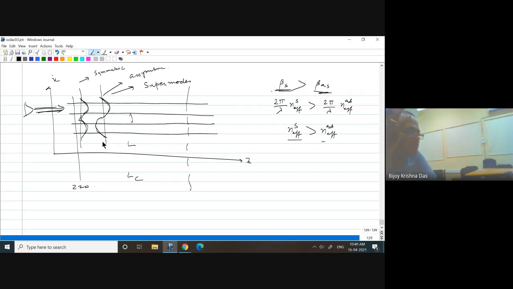So Parth is saying that we can try seeing where the two symmetric and asymmetric modes produce constructive interference. Whenever you are launching a mode like this, in this combination of waveguide structures, you have two modes. For example, take a single-mode waveguide. If you launch light from any source, it will excite the fundamental guided mode. If it supports another mode, will that be excited or not? The second mode won't be excited, because the overlap integral from this mode to the second mode is 0.